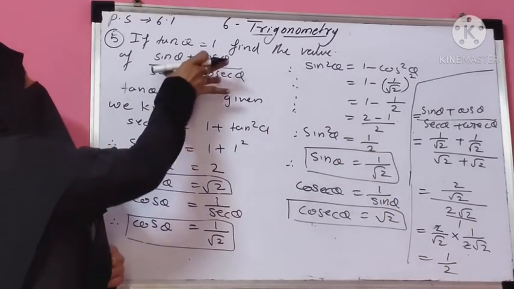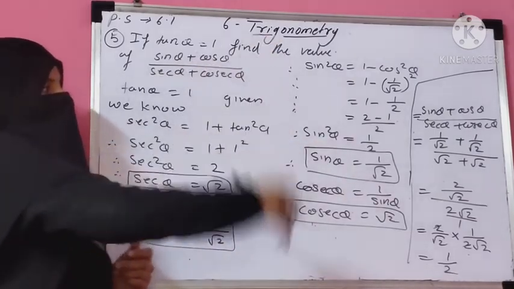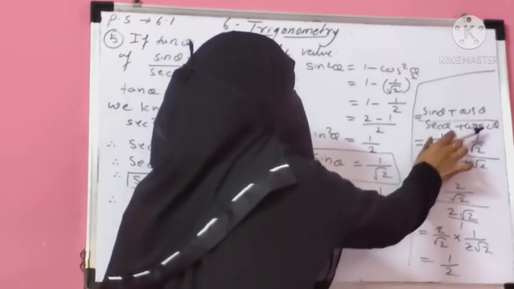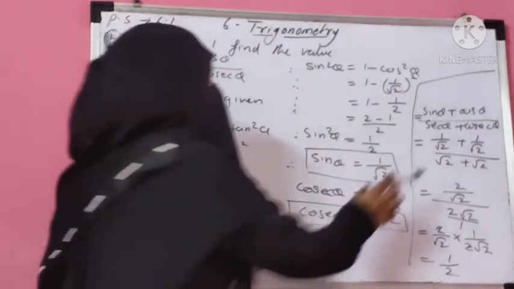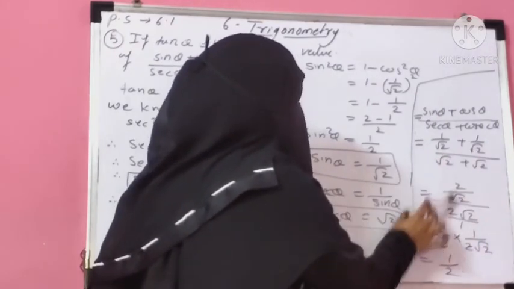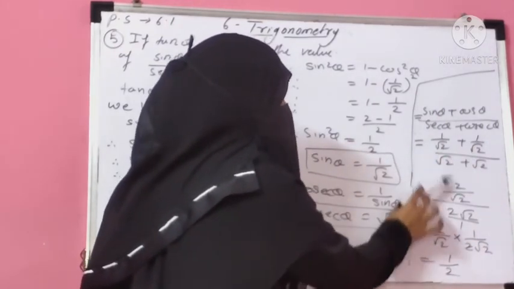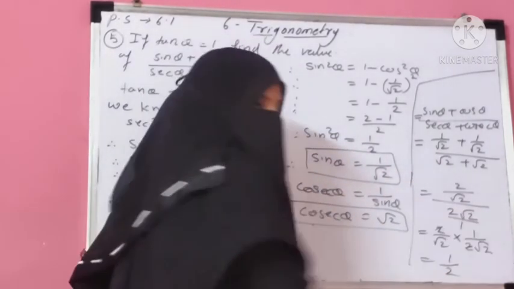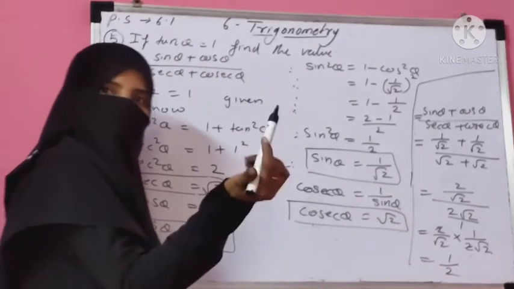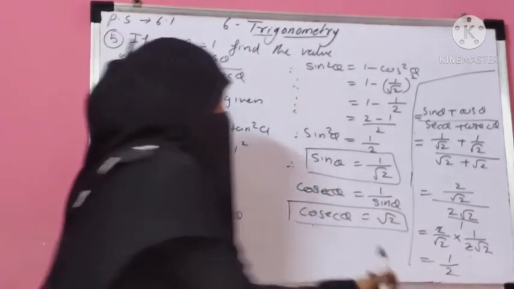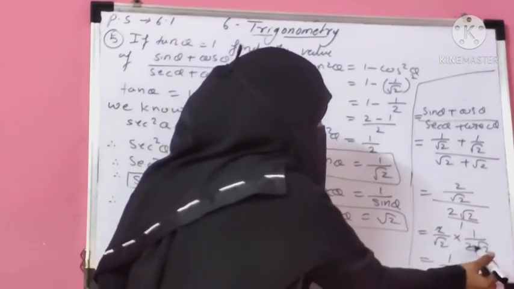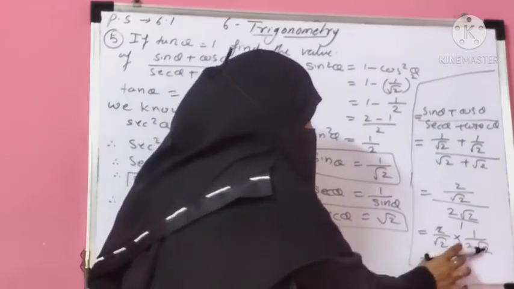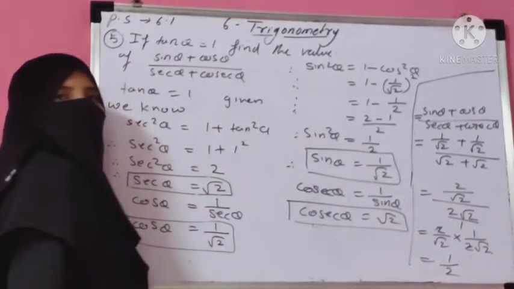Okay. Now find the value of this fraction or this ratio, substitute the values. Sin theta is 1 upon root 2, cos theta is 1 upon root 2, sec theta is root 2, cosec theta is root 2. Now here in this fraction, the denominator root 2 is the same, then 1 plus 1 is 2. 2 upon root 2, divided by root 2 plus root 2, which is 2 root 2. Now convert this division into multiplication, then it becomes 2 upon root 2 multiplied by 1 upon 2 root 2. 2 gets cancelled, then the answer is 1 upon root 2 into root 2, which is 2. So your answer is 1 upon 2.